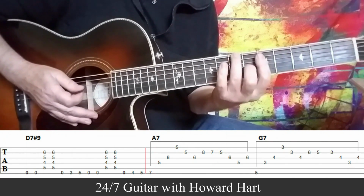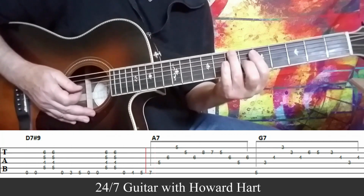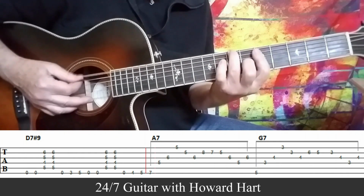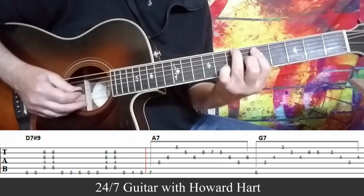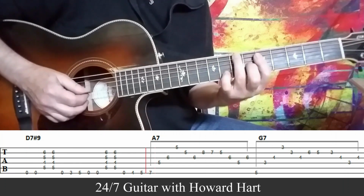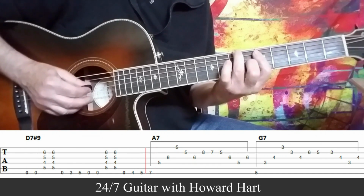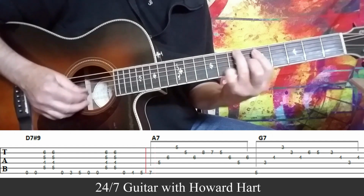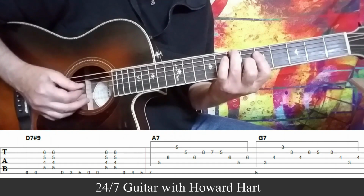So you can see we're on an A7 chord now, same shape, but the picking pattern is slightly different, just trying to give it a little more color. We start out walking through the chord the same way, but then we add this. So you can see that on the tab, 8th fret, 7th fret. So you piece those two together and you have,